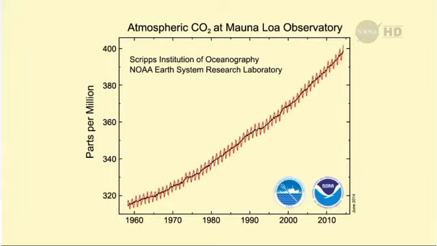So back when I was born, concentrations were about 320 parts per million. So you took 1 million molecules of the atmosphere, 320 were carbon dioxide. When we do that these days, we're looking at 400. So think of that. We went from 320 to 400. So we're really increasing the concentrations, but we know it's moving around between the land and the atmosphere and the ocean. And let's see the next slide.